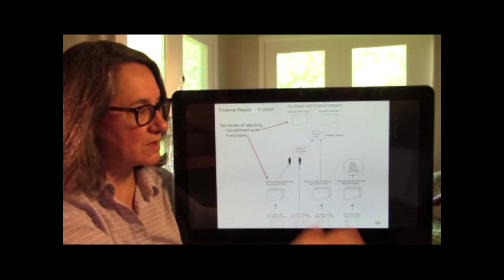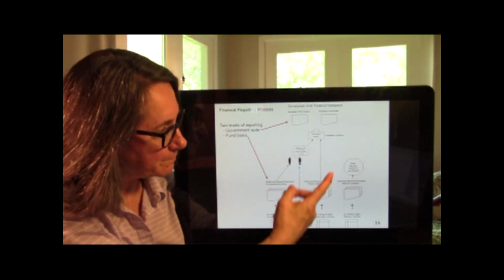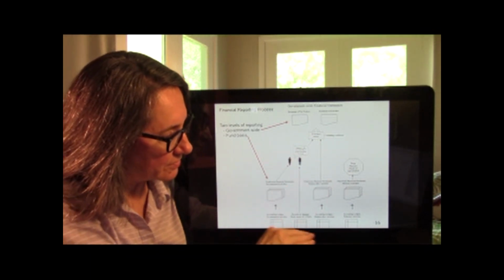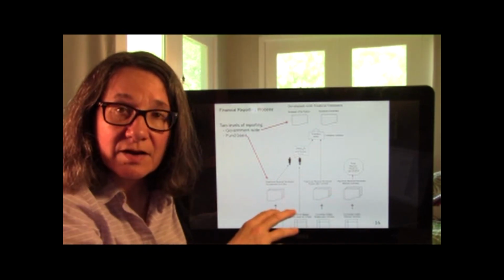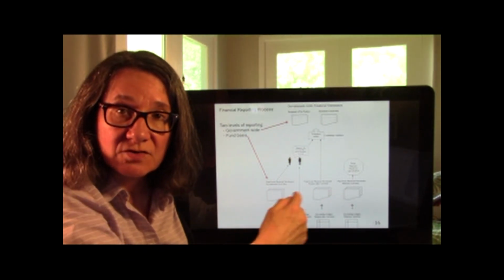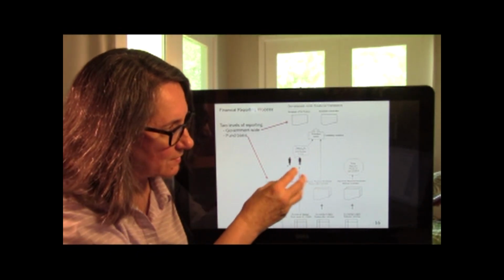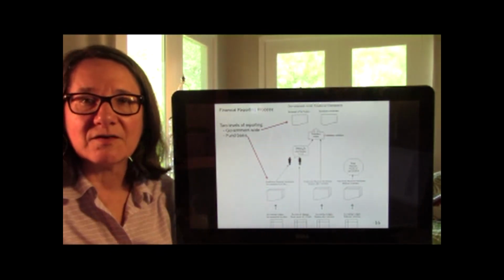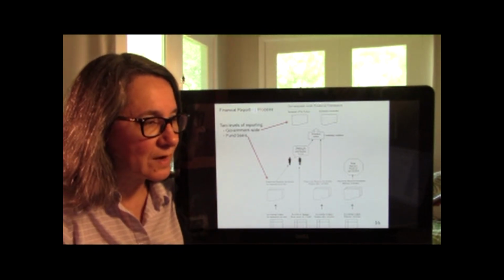A lot of this comes later, modified accrual and adjusting entries, but just keep in mind we're doing transactions all along in the various funds. No debits or credits across funds; everything happens within a fund. We prepare the fund statements, and then they get combined and become government-wide statements. All right, I'm going to stop right there, and when we come back, we'll start talking about